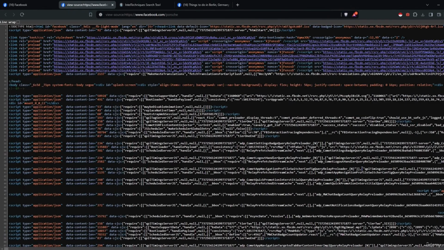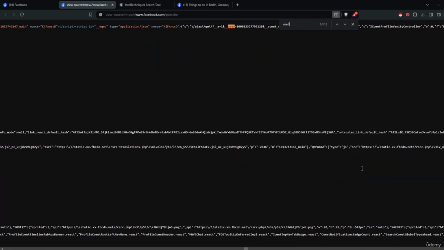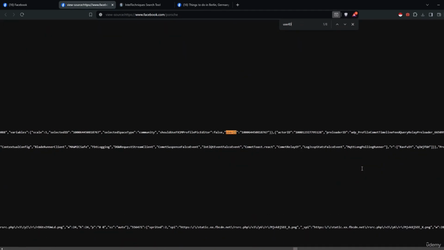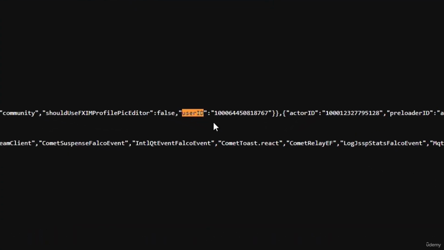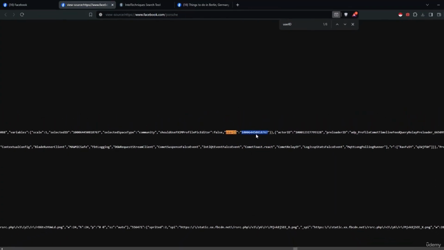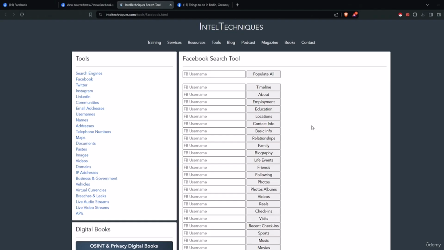Once you open the page source, you'll do Ctrl F in order to search the page. Here, we'll type in user ID, and now we should get about 7 or 8 results. However, we are interested in the first one. So we'll select it, right click, copy, and now we need to navigate to Intel Techniques search tool, but this